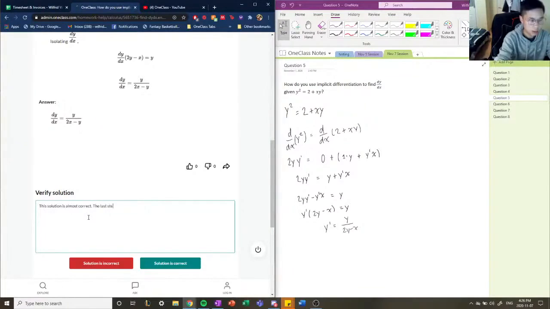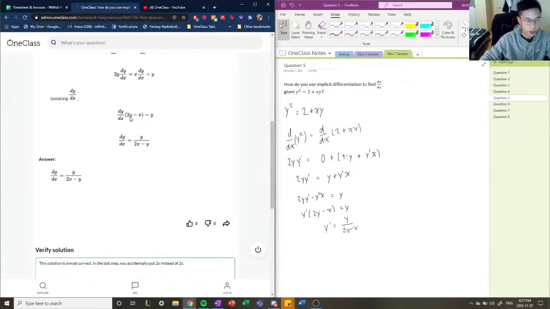The last step, you accidentally put 2x instead of 2y. Yeah, so you can see here that they had here 2y minus x, but when they divided the left side and the right side, they put 2x minus y. So yeah,